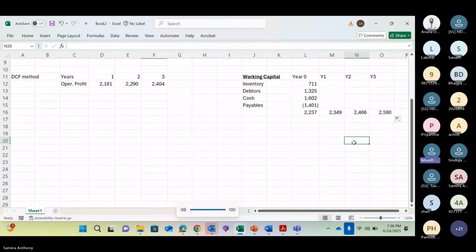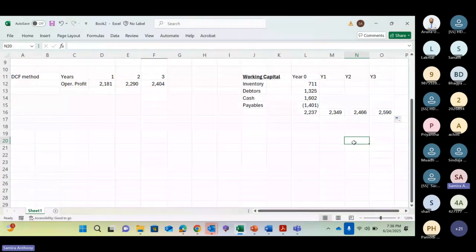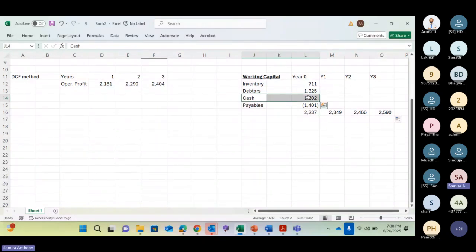For the working capital calculation, do we need to add the cash also? That depends. Working capital requirement means how much cash you need to run the business. When you have cash, that cash is not enough to run the next year's business, therefore generally you have to take a loan. But as a practice over a period, we only take items other than cash. That's why you have a problem here.